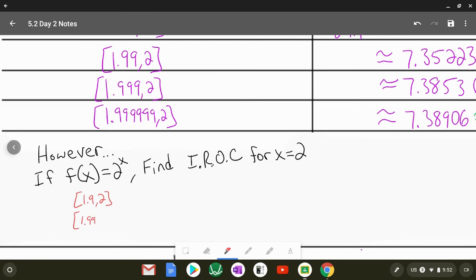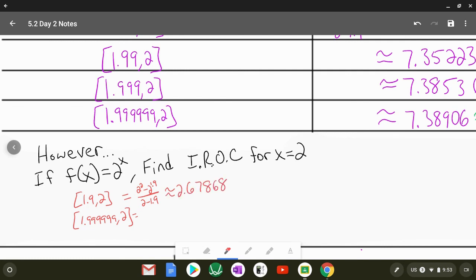And then 1.999999246, comma 2. And then if I did that interval, you would find that 2 to the 2 minus 2 to the 1.9 over 2 minus 1.9. If we plug that into our calculator, we would end up with, give me a sec. We would end up with approximately